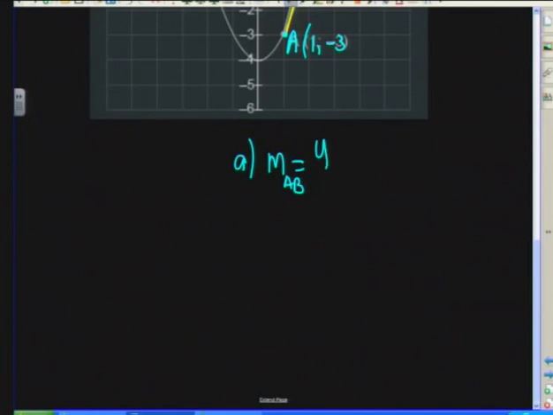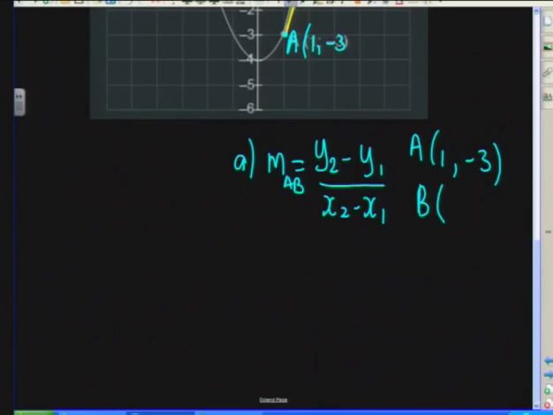We know that's going to be y2 minus y1 all over x2 minus x1. A, remember, has the coordinates 1 and minus 3, and then B has coordinates